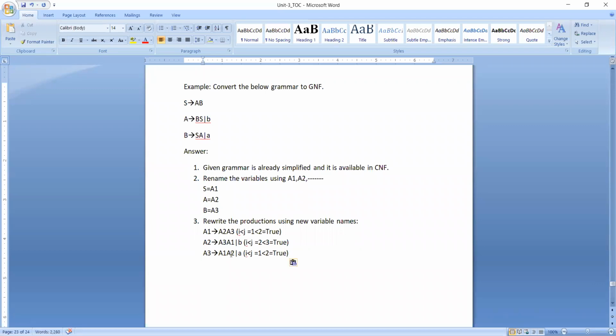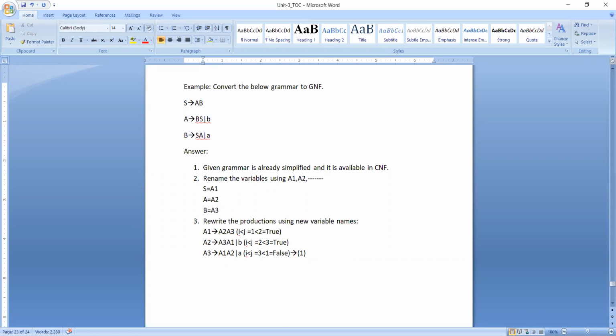i less than j. What is i? i is 3. Now what is j? j is 1. Now the condition 3 less than 1 is false. I am calling it expression 1.